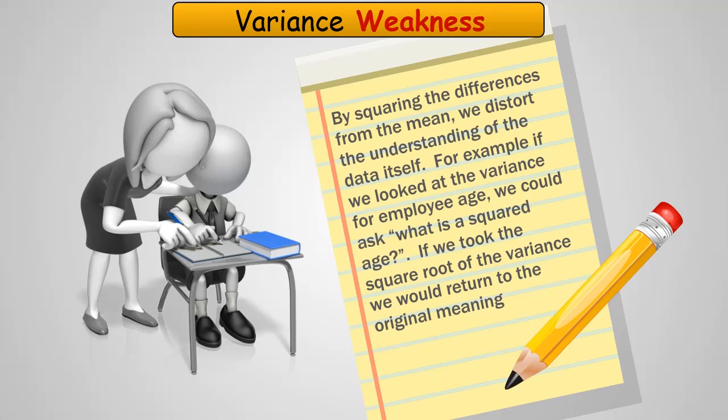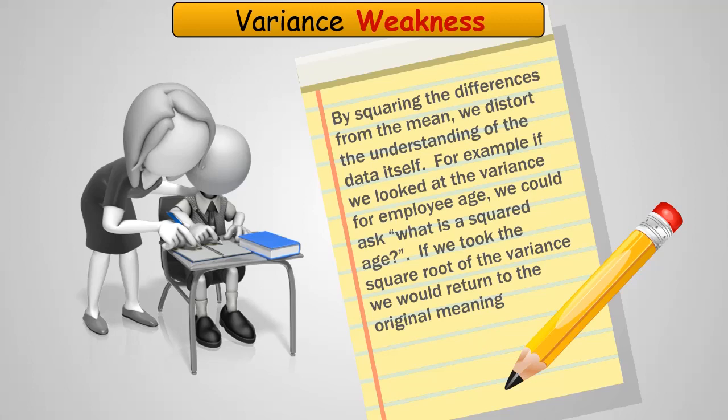The weakness in the variance calculation is that by squaring the differences from the mean, we're distorting the understanding of the data itself. As I give you here in the example, what if we looked at employee age? If you square the age, what does that mean? If I was 15 and now you take 15 times 15, how does that help you? It's distorting your difference from the mean. So that's why the variance is very rarely used within a calculation, and instead it's a step to another calculation,